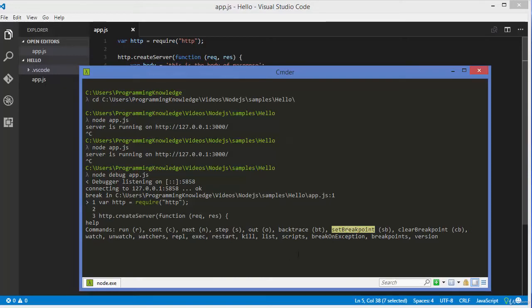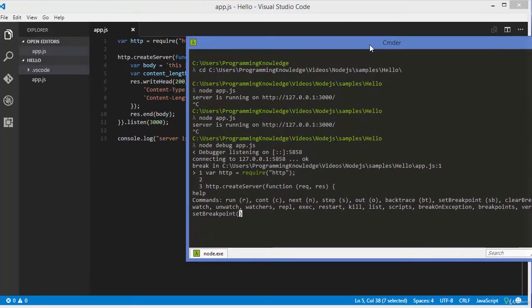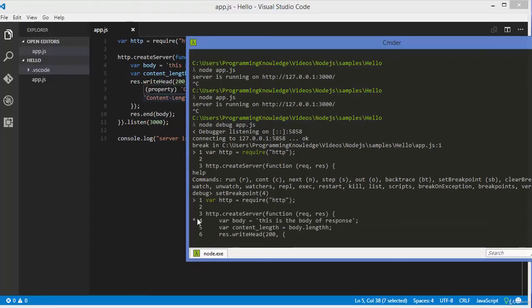So just call this method set breakpoint, and then in the brackets you just give the line number. The line number we are interested in here is line number 4, which is the declaration of the body tag. So just write 4 here and press enter, and our debugger is stopped here. Now in order to continue this program, you can just type CONT or directly C to continue and press enter,